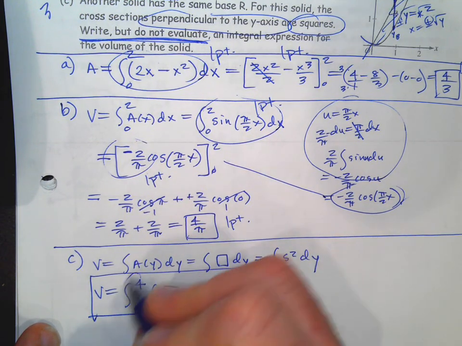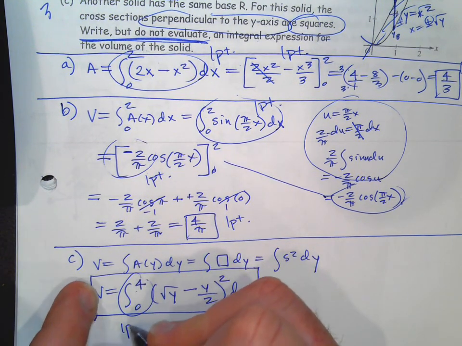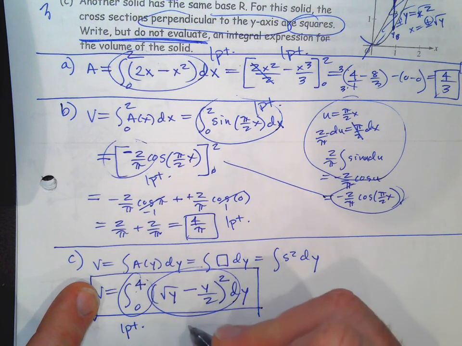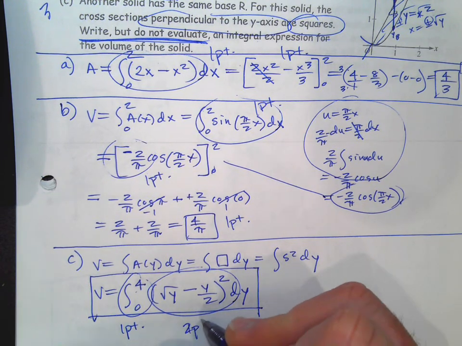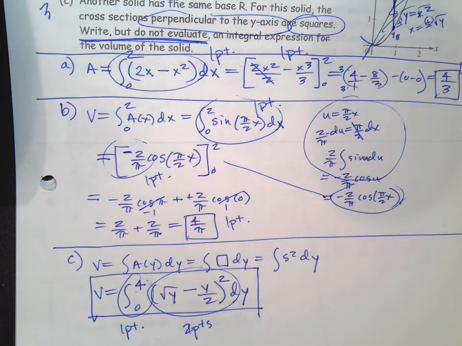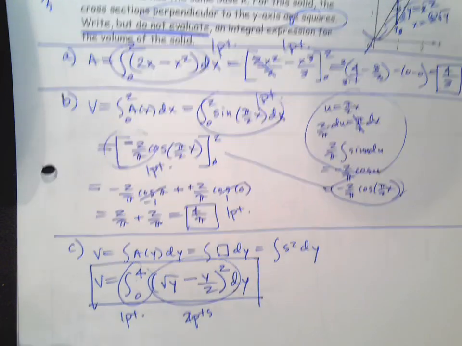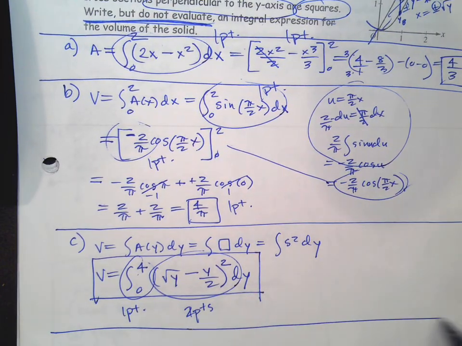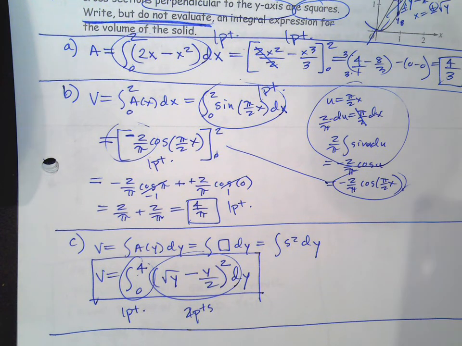Okay? The limits, if you mess those up, that's a point. The integrand is 2 points. So that's it. And you don't have to finish it, even though you could finish it, but they're giving you